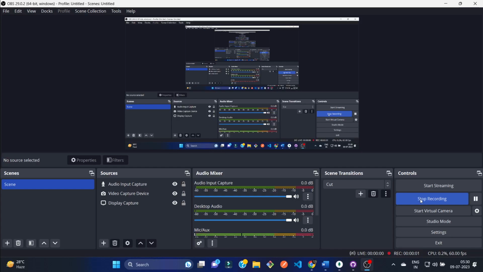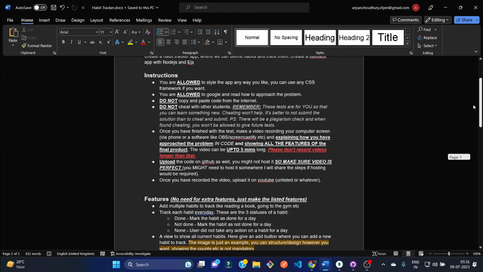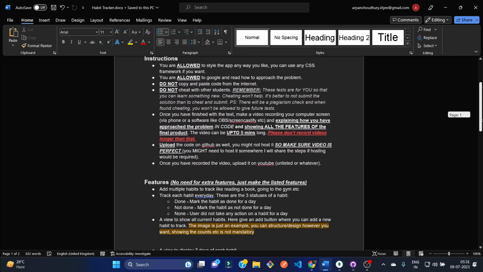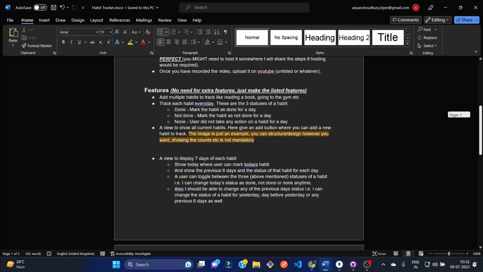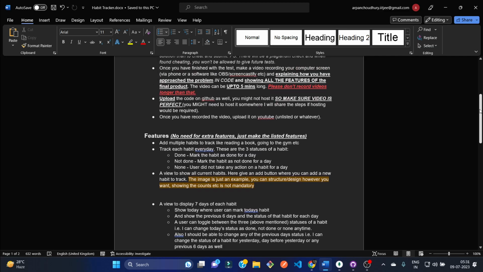Hello everyone. Today I am going to share with you all an important backend skill test project, that is the Habit Tracker project with the database connectivity of MongoDB. First of all, I have edited the file in a way that I have removed the sample image given, the app image, on how to design the app and the view, because it was written that we can design in our own way. So first of all, I have implemented all those features that we can add multiple habits to track,